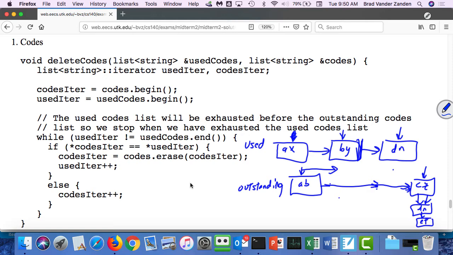Okay, the second issue is that most of you iterated to the end of the outstanding codes list, but that's inefficient. You were told that the used codes list was a subset of the outstanding codes list. So you knew for a fact that the used codes list would be exhausted before the outstanding codes list. So the efficient thing to do was to iterate to the end of the used codes list. You lost a point for iterating to the end of the outstanding codes list because